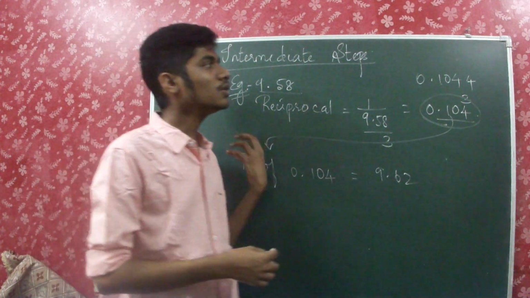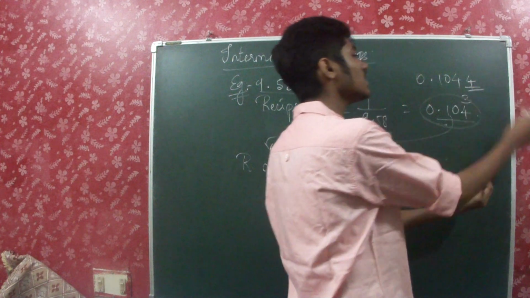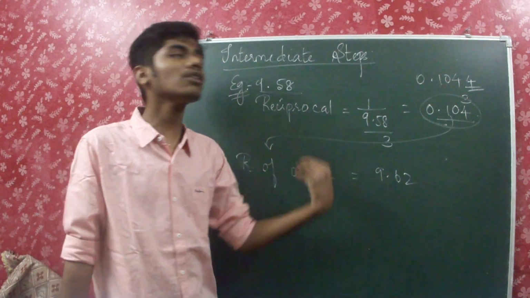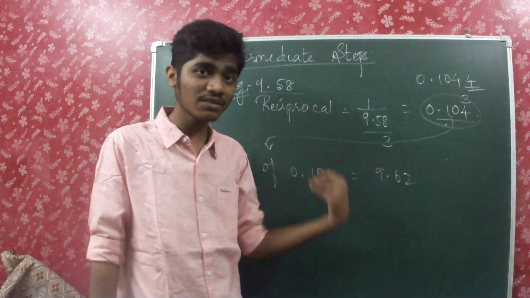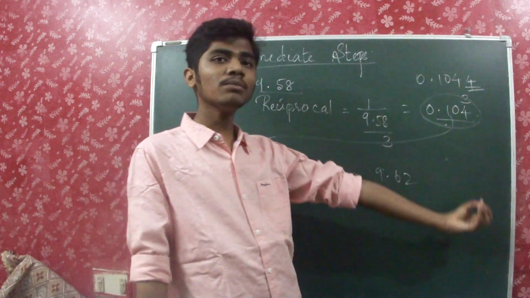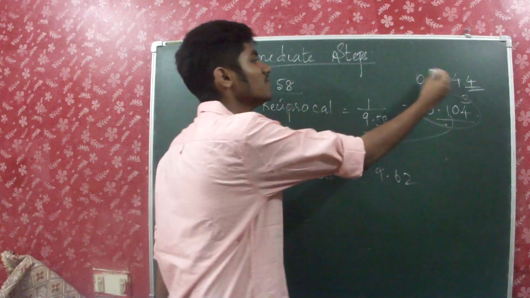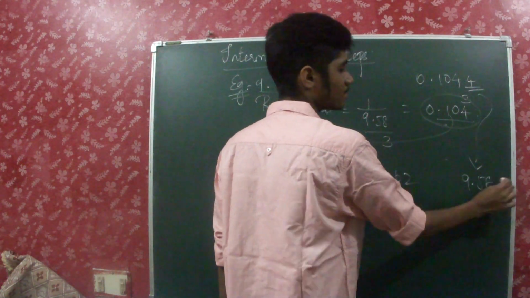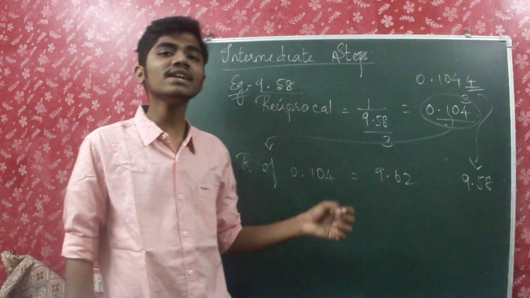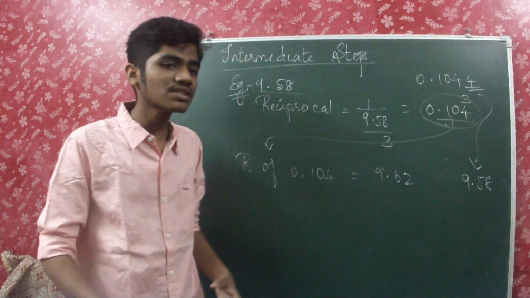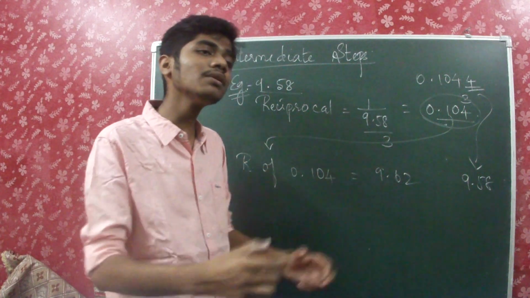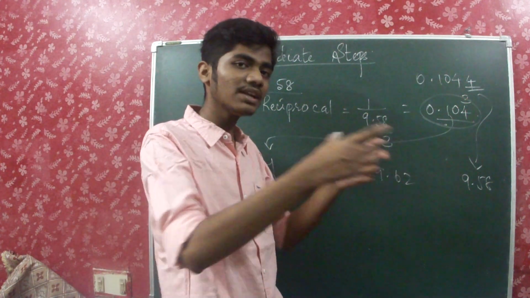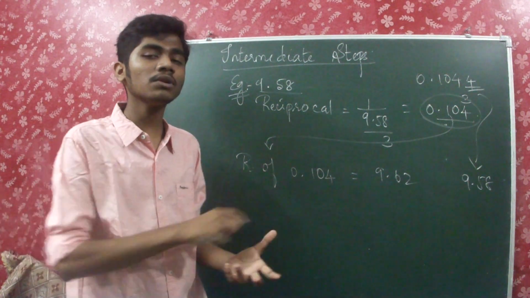So what they are coming to say is that whenever a complex computation like this comes into account, you must always add one more extra digit, not minding the number of significant figures and not minding the significant figures rule. You must add one more digit, so that if you are finding the reciprocal of this, then you will obviously get 9.58 back. So what they are telling us is, when you are doing a complex calculation, in the intermediate steps, you can add one more digit, forgetting about the significant figures rule. Only then will you get the correct answers, or else you will end up with errors.